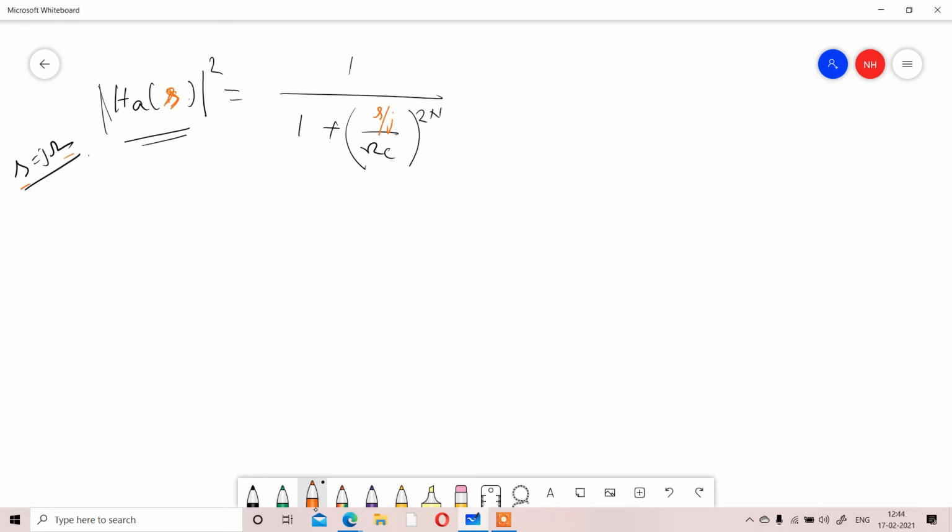If we take the square inside the bracket, we get s squared by j squared over omega c squared. The j squared value is minus 1, so (s by j) whole squared will be minus s squared, and omega c becomes omega c squared. Clear? So that is what you are getting.